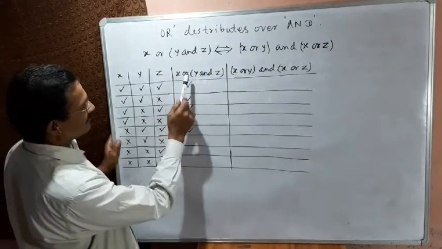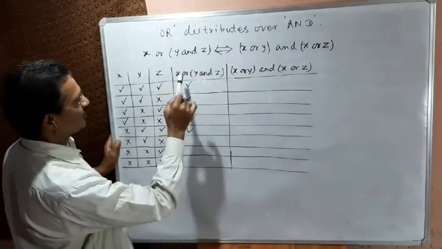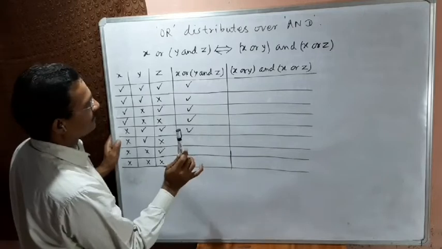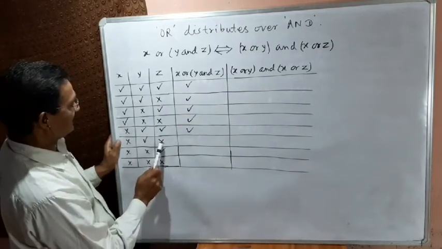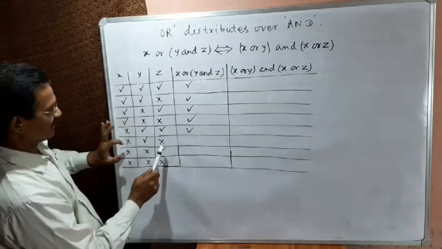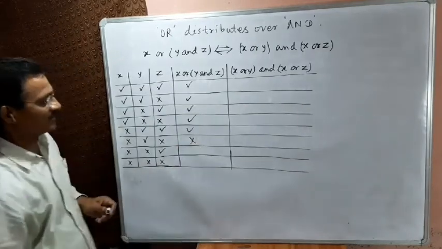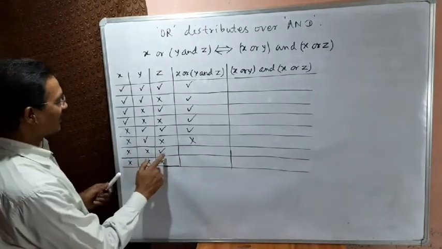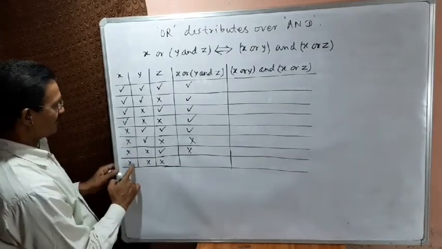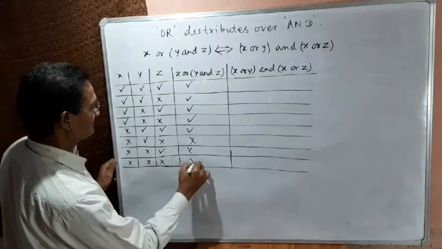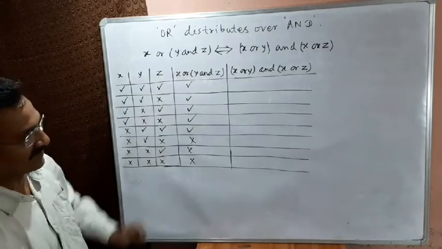X does not happen means this situation is deleted due to x. This phenomenon will not happen. And on this side y happens, but z does not happen. I am saying this situation. So therefore this will not happen. Similarly, y does not happen, z happens, x does not happen. You can understand. Any of the 3 does not happen. Cross. This is the truth table of x or y and z.